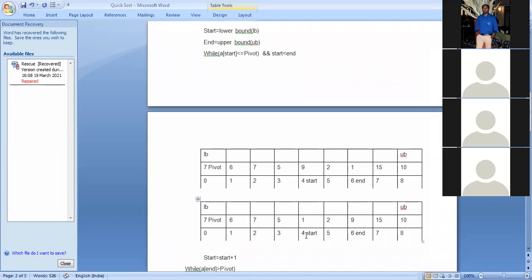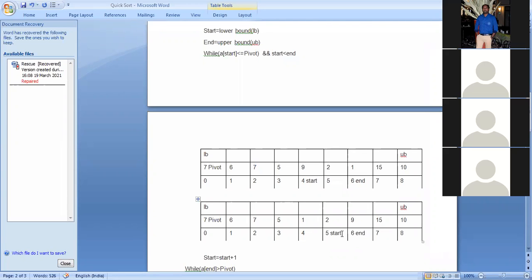So simply start's value moves to the next increment. So now start is at this one. Now again we'll check a start is less than equals to pivot. Yes, 2 is less than equals to 7. Condition is true.